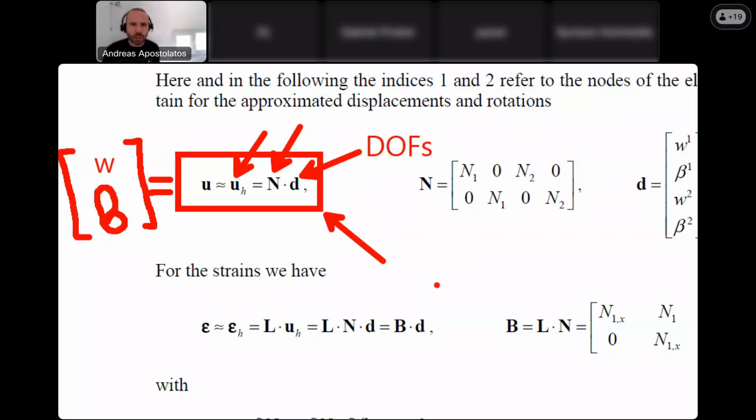As you can see, the DOFs are not space dependent because those are scalar values at each node. So the DOFs themselves don't depend on either the parametric space or the physical space. There are some scalar values that are defined on the nodes. But the solution vector itself is a function, and especially the discrete solution vector, so this one here,